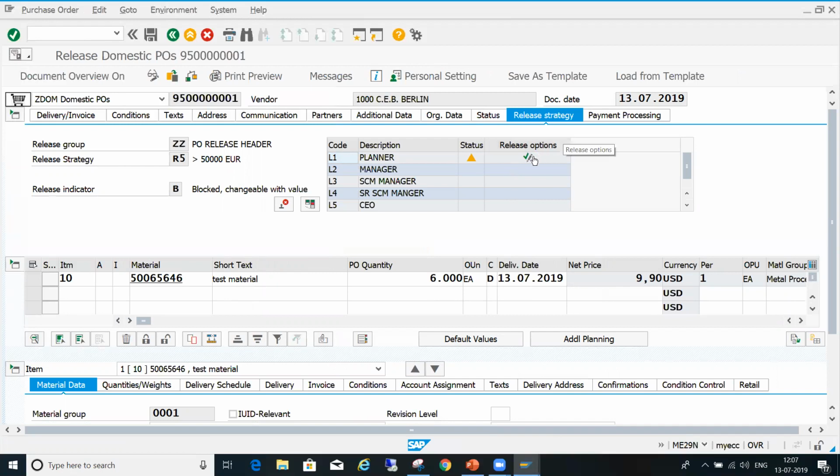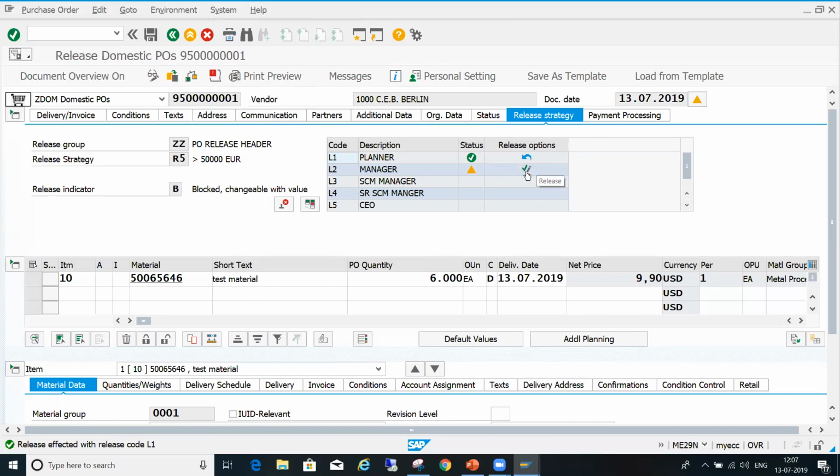So at the first level, he will see the planner, and he will release it. Then it will go to the next level, the manager, one by one. In practice we are releasing at a time, but it will go one by one.